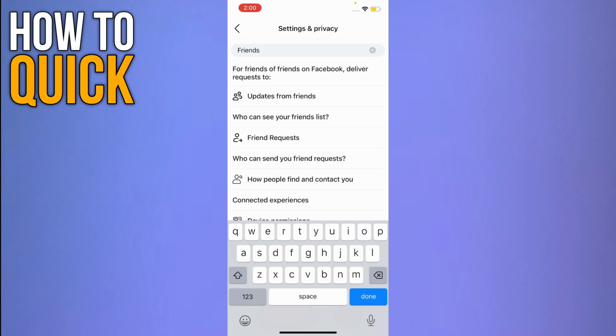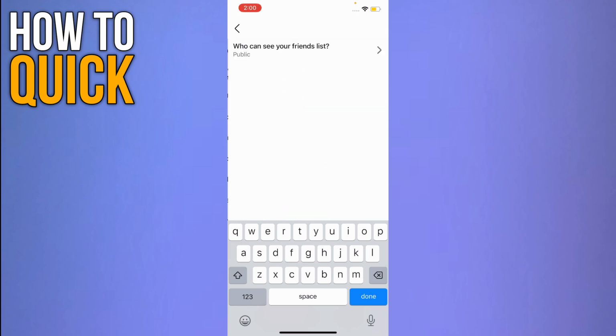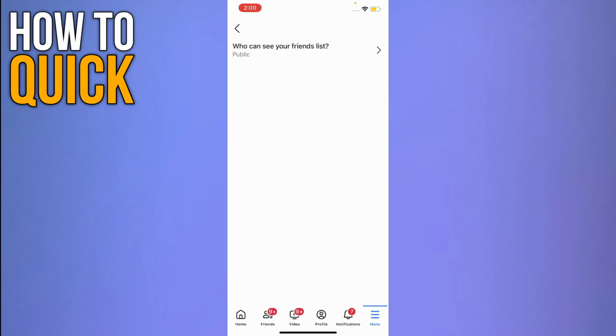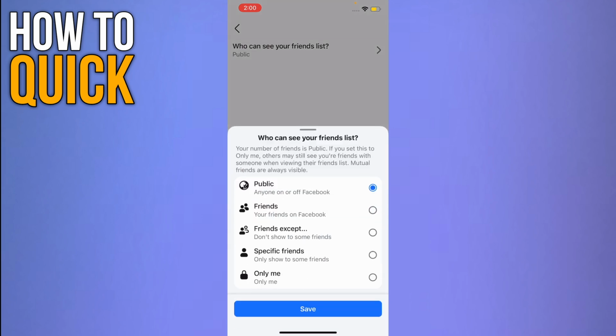Now you have to select the second option, which is who can see your friend list. Now again click on it. So now from here, as you can see, you can very easily select who can see your friend list on